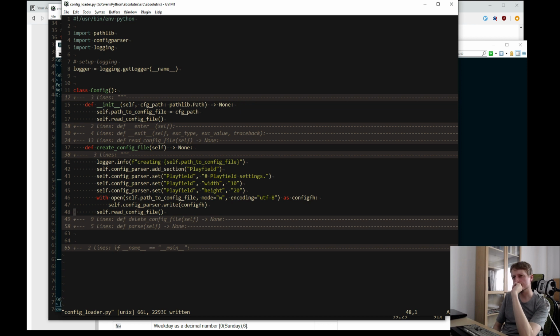Yes, I want to set the spawn coordinates, the coordinates where a piece would spawn. Do I want that? Yeah, I want that.